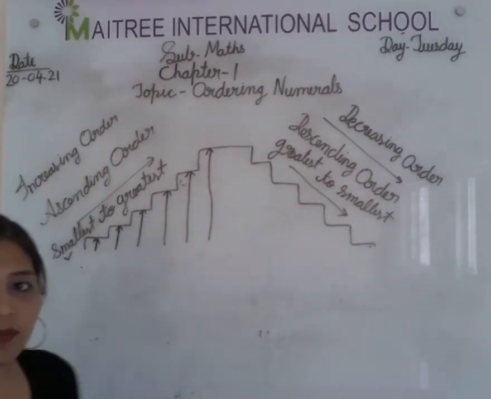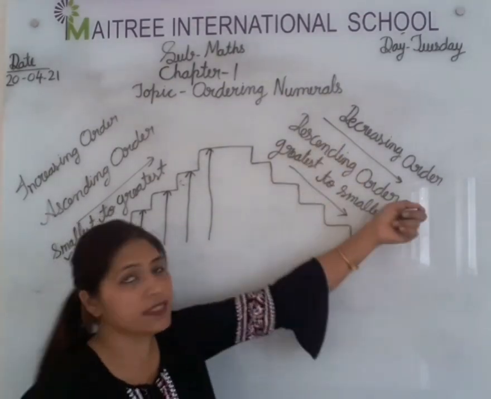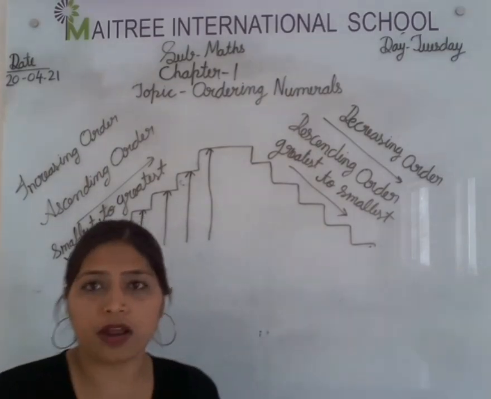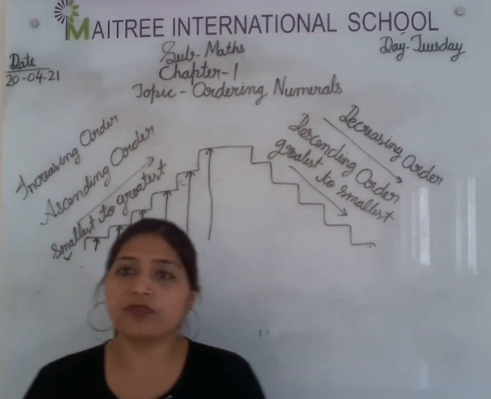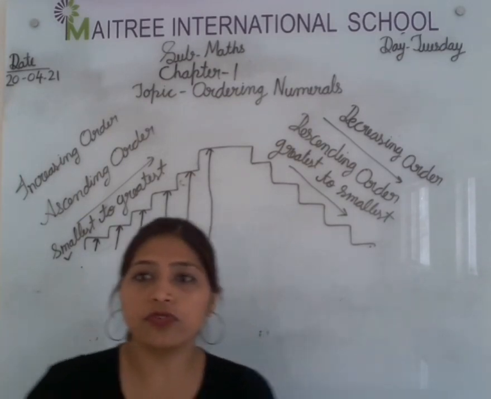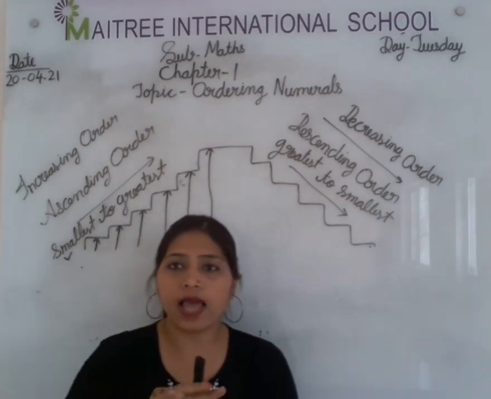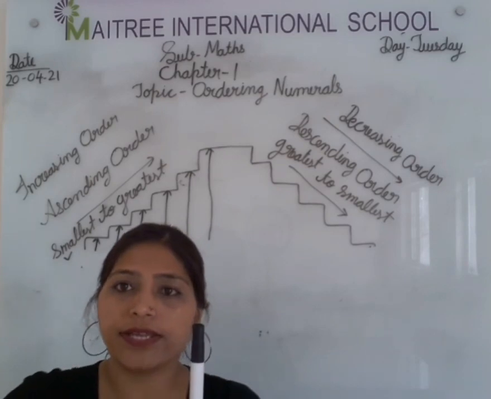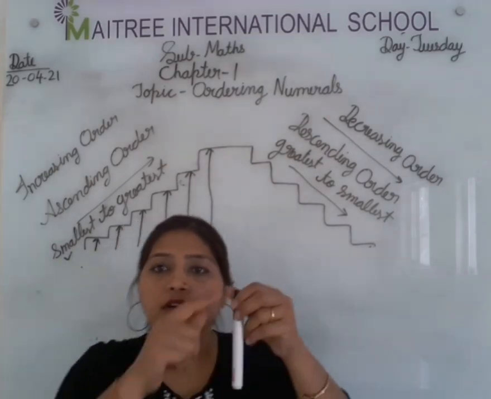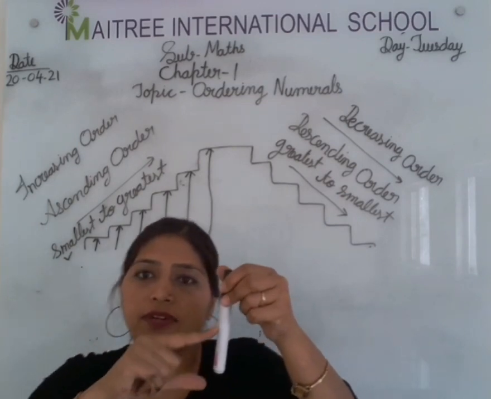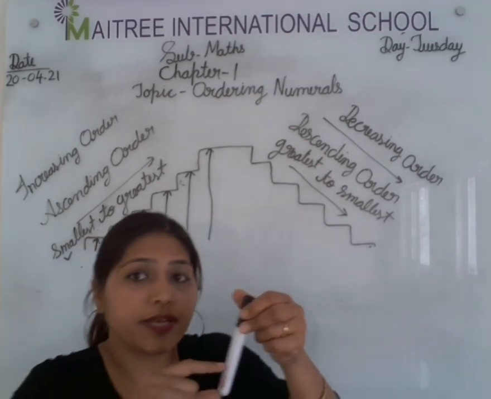Decreasing, see the name is suggesting here decrease means किसी चीज का कम हो जाना. पहले आपके पास ज्यादा है. If you have a full pencil, what will happen after 2 and 3 days? The height of the pencil will decrease because you will use the pencil, you will sharpen the pencil, and gradually, slowly the height will decrease. So this is called decreasing.